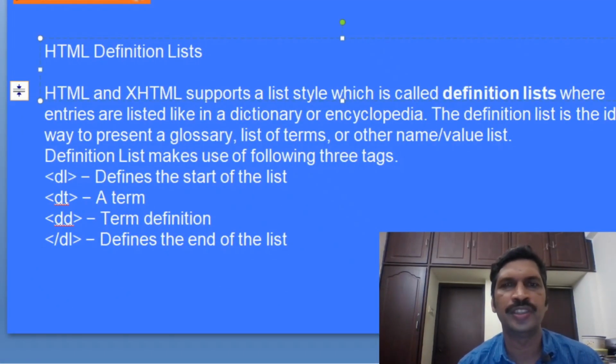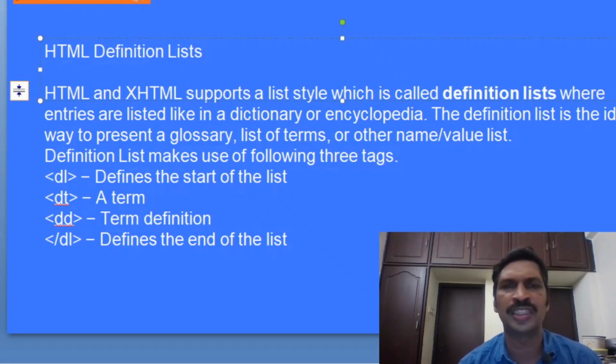The next type of list is the HTML definition list. Okay, the definition list is used for defining definitions. For a definition list we will use the element DL and /DL, definition list. In definition the first letter is D and in list the next letter is L, so DL and /DL. The definition list will be specified between DL and /DL.